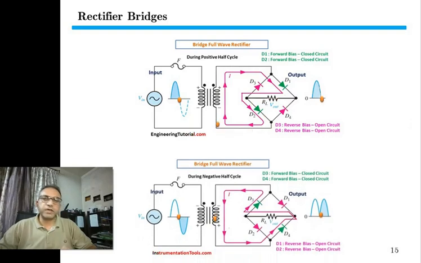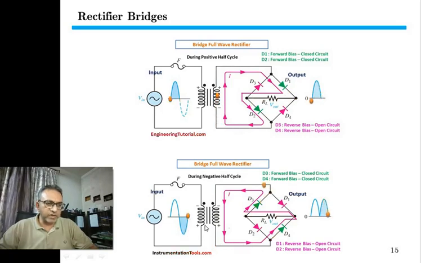Now we come to the second half, where we have to rectify the negative part of the sine wave. This is the same diagram, the input voltage, the transformer, the rectifier, but this time we will experience the negative half of the sine wave as shown by the primary side, where the dot represents the primary input current. This is the negative half.